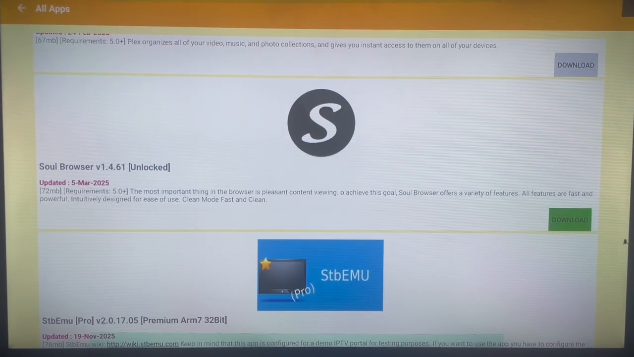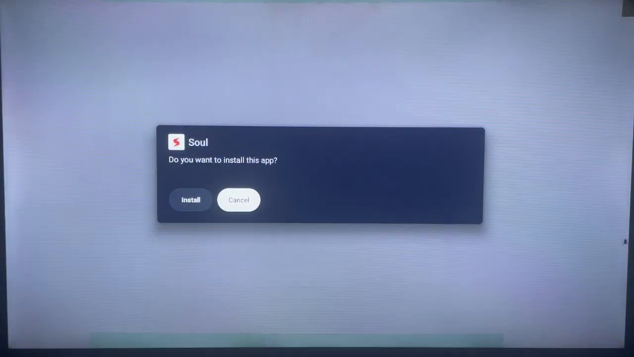All you need to do once you're here is to click on download, and the application is going to take a couple of seconds to download. So just click download and the application is going to be downloaded. Once it's done downloading, then you can install it to your Android TV device, and all this process without using